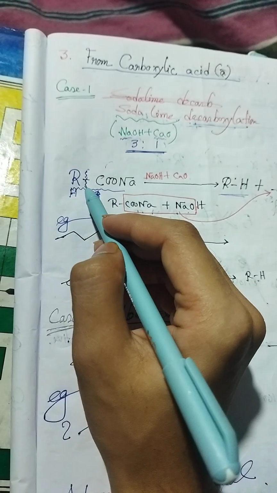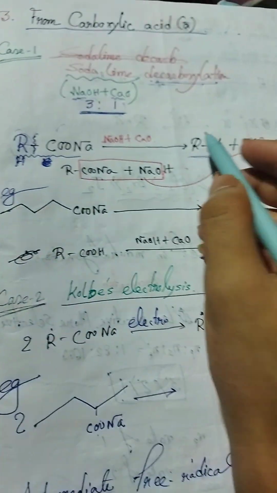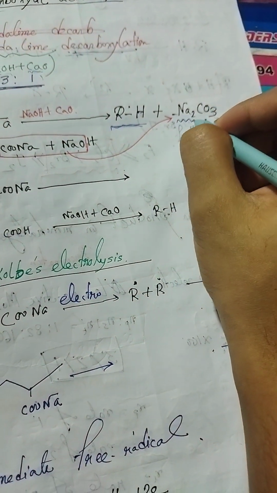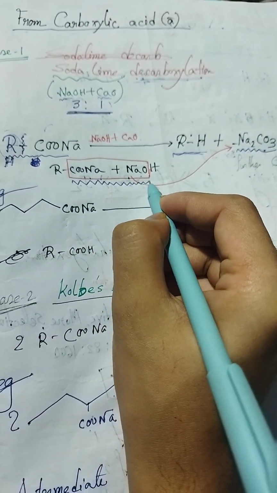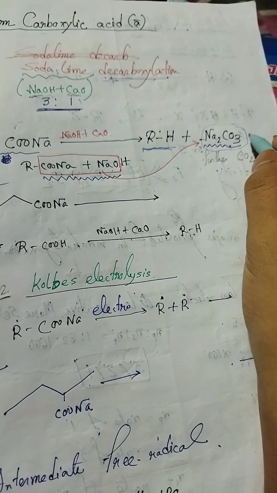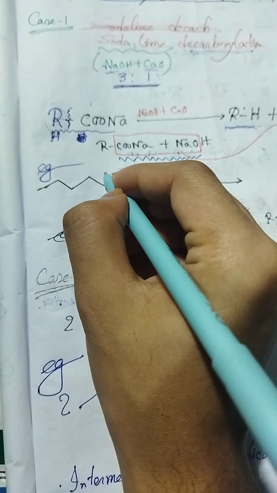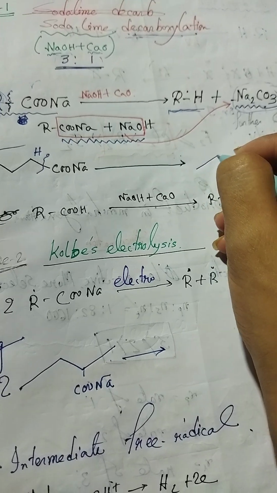Here this bond is broken and H is attached to the alkane side, the R side. The product is alkane and Na2CO3. Na2CO3 is formed from this, and further this breaks and CO2 is released. In this example, the bond breaks and here H is attached. The product is